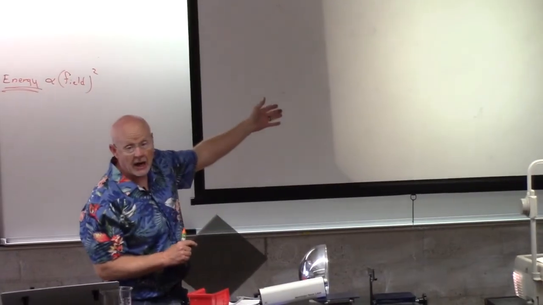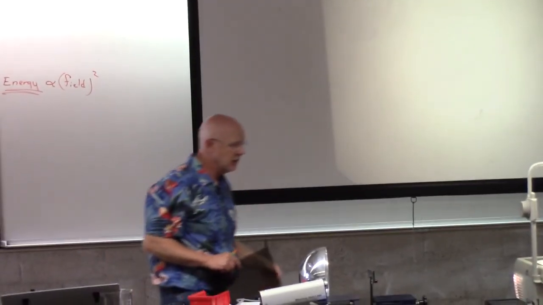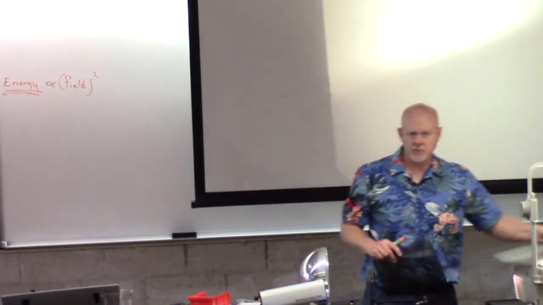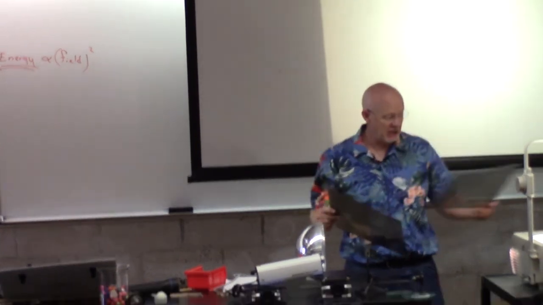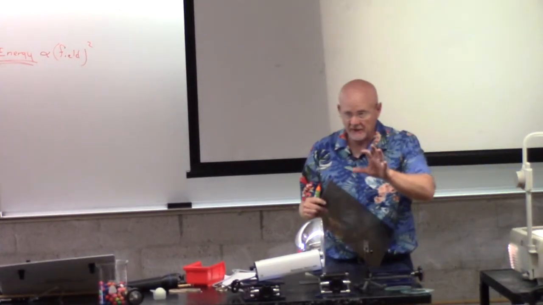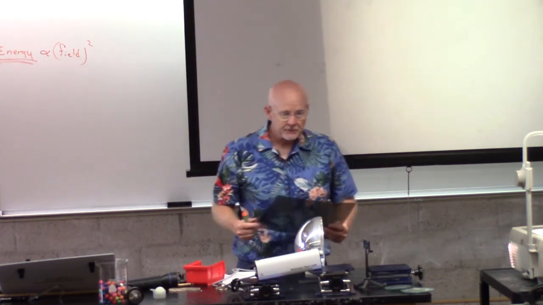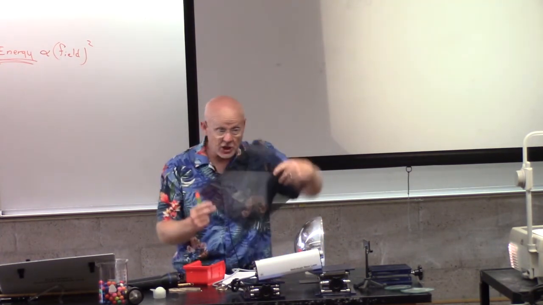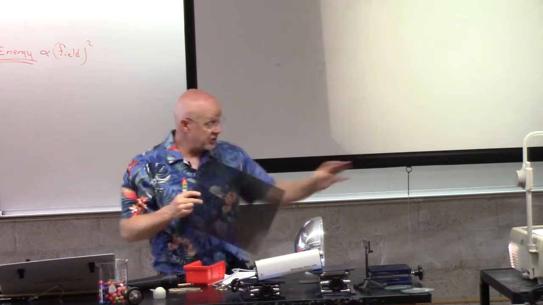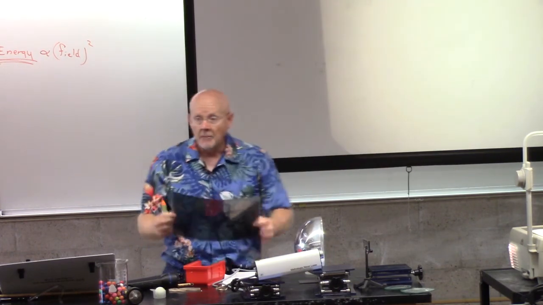And to illustrate it, let me come back over here to my overhead. Let me take this away. Okay. So there is what I would call I naught. This is the intensity of the polarized light. Now again, please keep in mind, I know in this problem I have two, but I'm only using this first one just to make sure I have polarized light. And so I really want to focus your attention on what this one does. This one just makes sure I have polarized light. But this one,